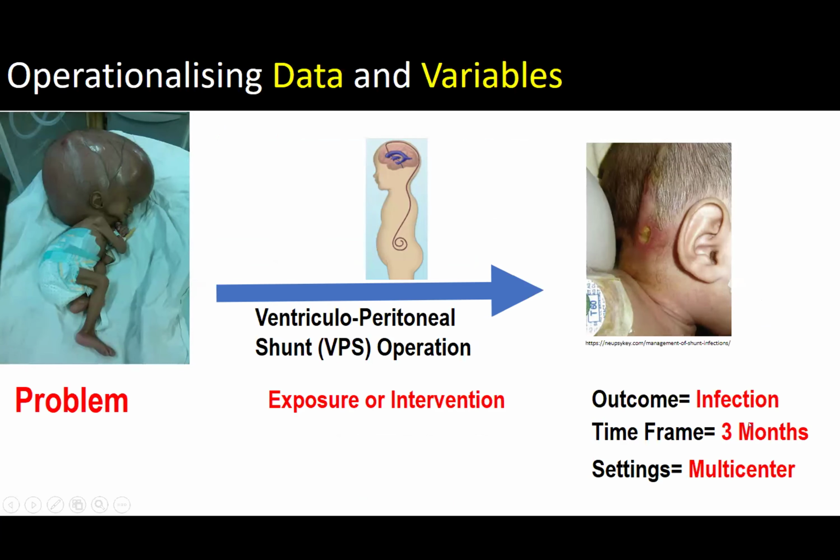It's not outcome at 1 year, because the infection rate at maybe 1 month is different from the infection rate at 3 months. It's different from the infection rate at 1 year. Okay, and you need to define the setting. Where are you collecting this data? Are you collecting data from a rural setting, from an urban setting, in a reference hospital, in a center that is maybe specialized in treating just hydrocephalus and so on and so forth? So these have to be defined beforehand, because they are going to influence the outcome.